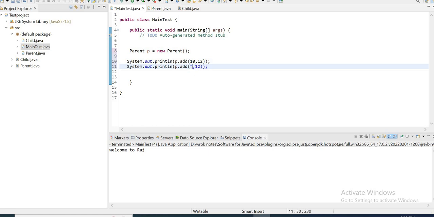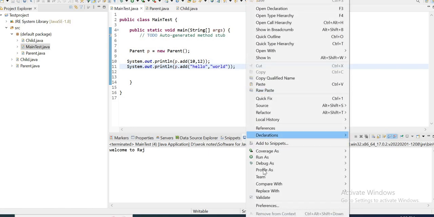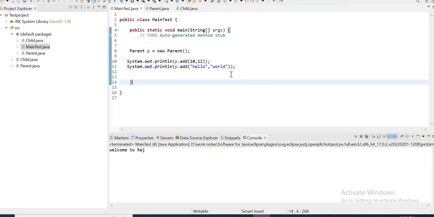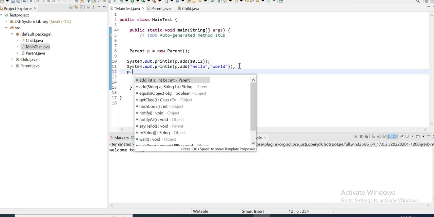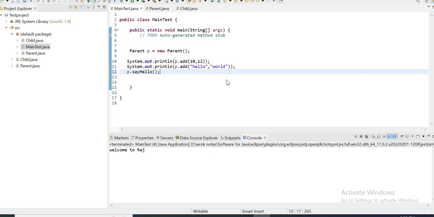Now I'm also calling sayHello. And I'm getting the 22 and the hello word, the parent sayHello message. So I'm using the same p only